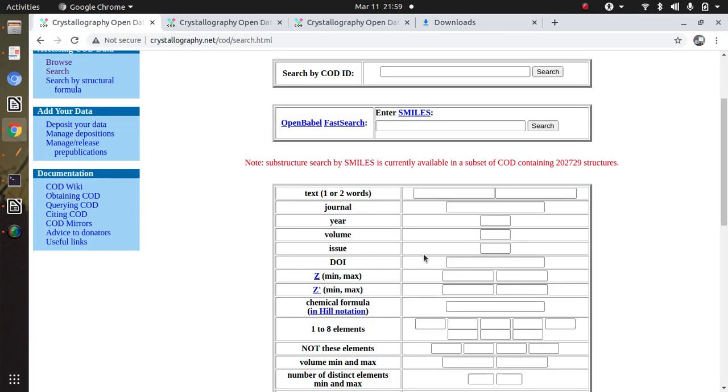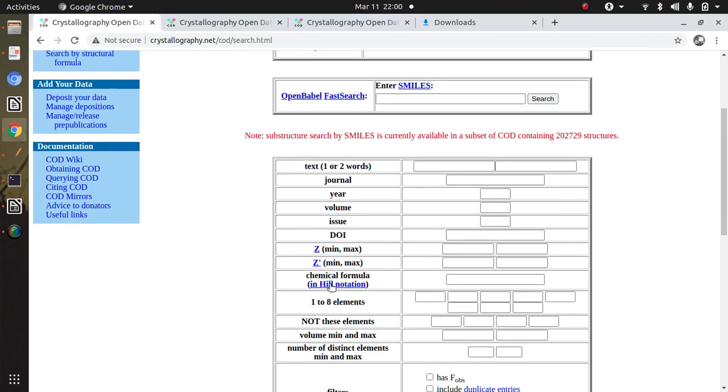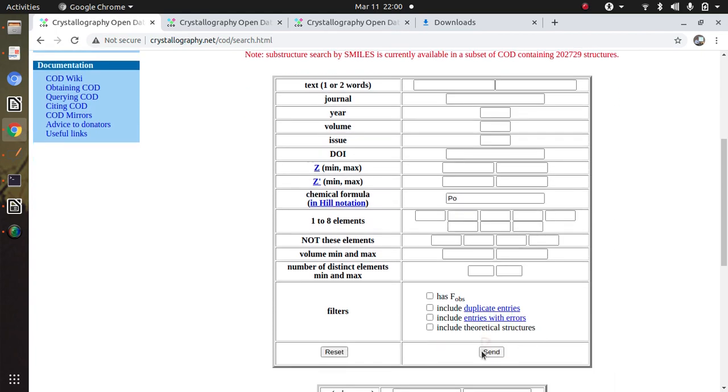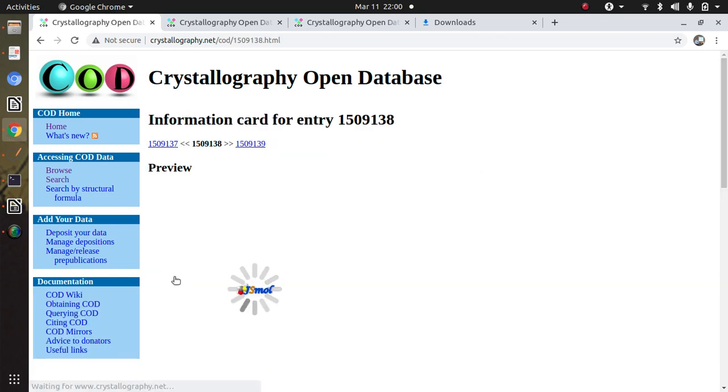Let us take an example. Say I go to this website, crystallography.net, and go to the search. If I put polonium and then search, this is the space group of polonium.